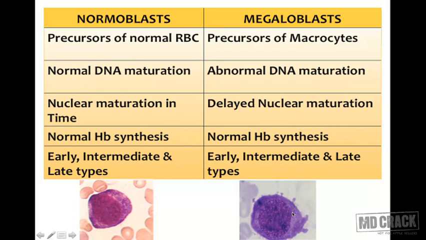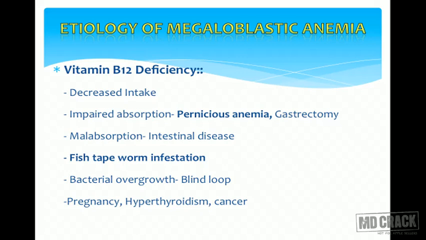If iron deficiency is not there, then the patient will have a megaloblastic type of anemia. If he also has iron deficiency, then the patient will have a dimorphic anemia, both microcytic hypochromic as well as macrocytic anemia. So with that, let us have a look at